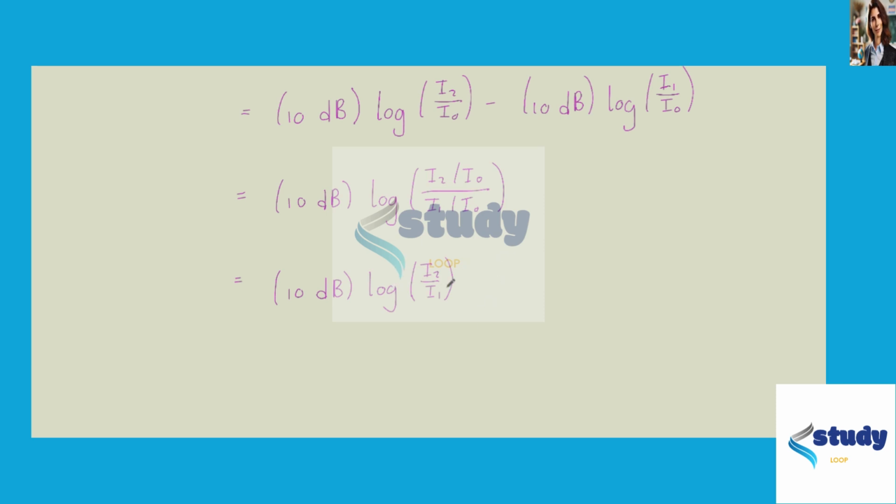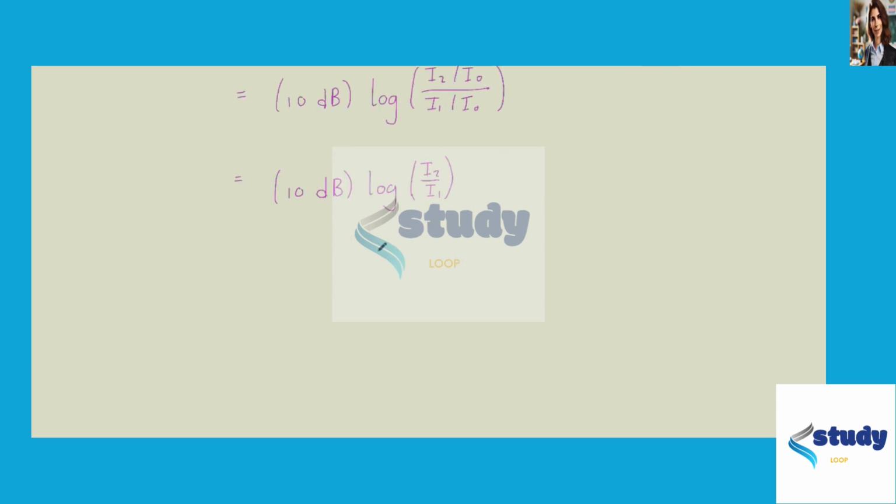Now we have the ratio of intensities, but we need the distances. So we know that intensities can be written as the sound power divided by the area over which that power radiates. So